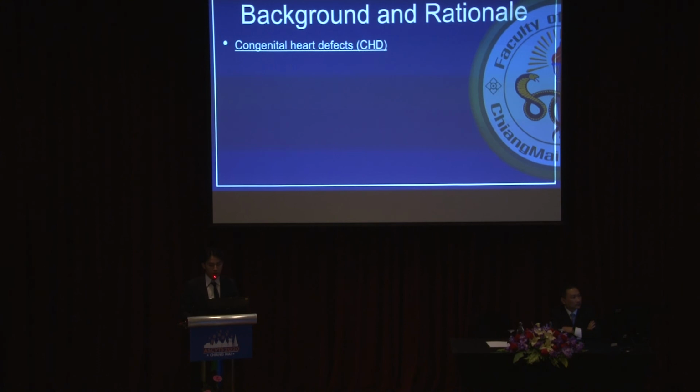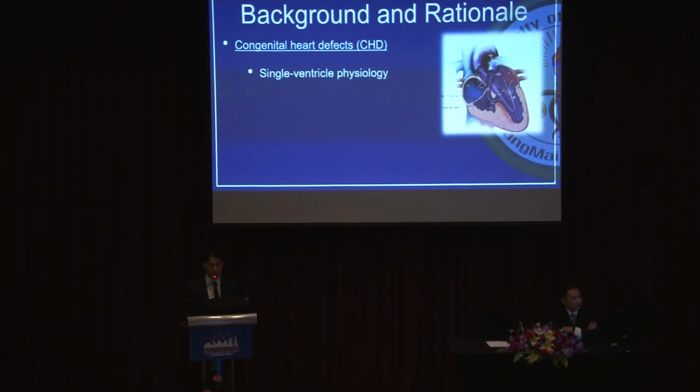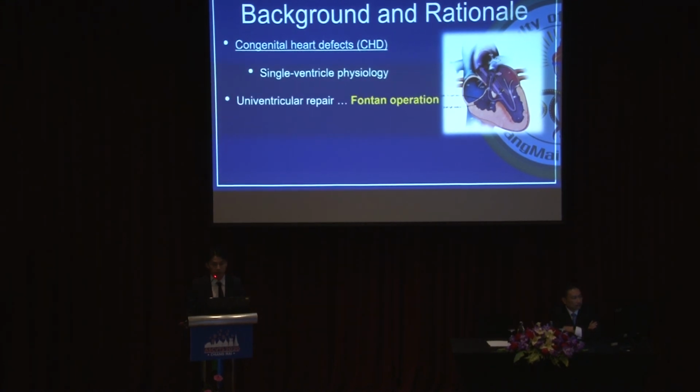Let's begin with the background of the study. Firstly, we all know that there are varieties of congenital heart defects, like simple defects and complex ones. And among these diseases, single ventricle physiology is still problematic and remains challenging for surgeons. In the past, an operation called Fontan or total cavopulmonary connection was developed in order to direct the blood directly to the lungs without passing through the ventricle. It has been known as definitive palliative surgery for cardiac anomalies with univentricular physiology.